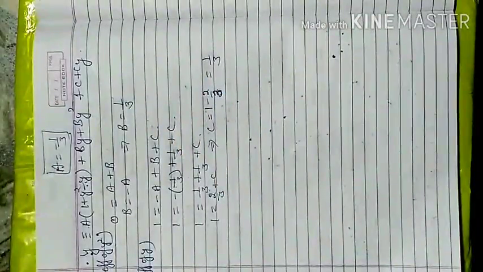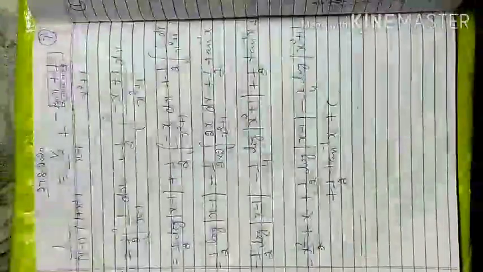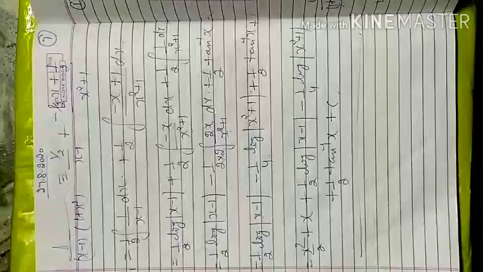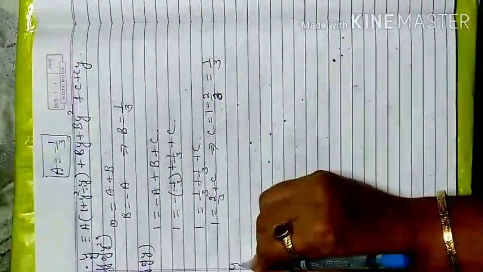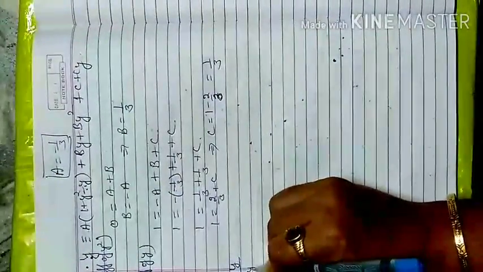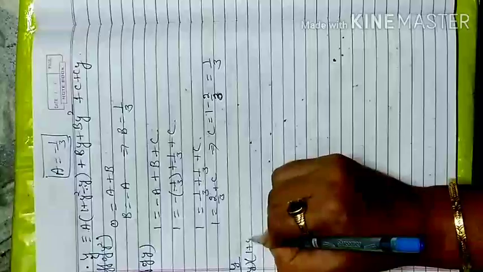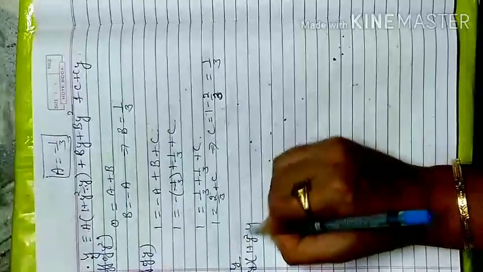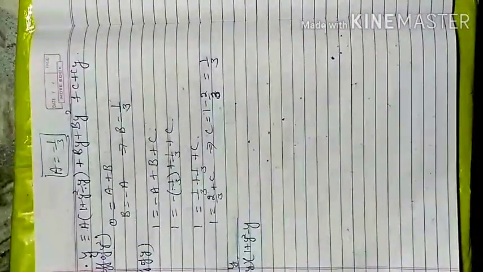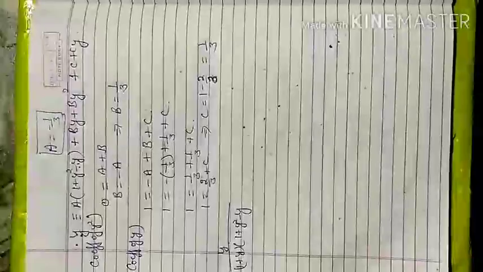Now my next target is to substitute in my question. That is your first equation, y over (1 plus y)(1 plus y square) minus y. So in this equation you have to substitute here.